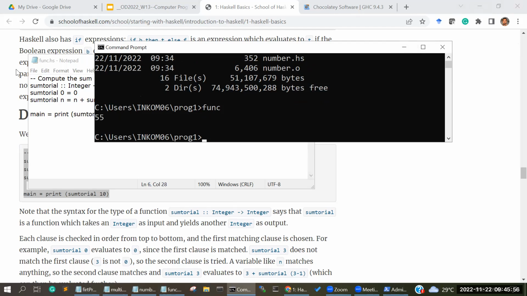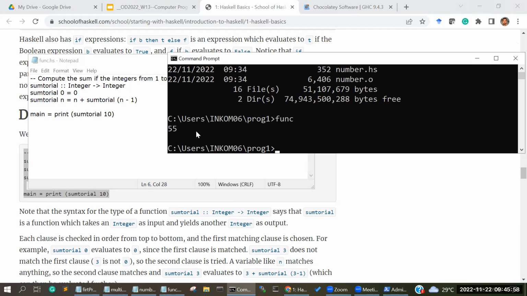And then you can see the value is 55, 55, because